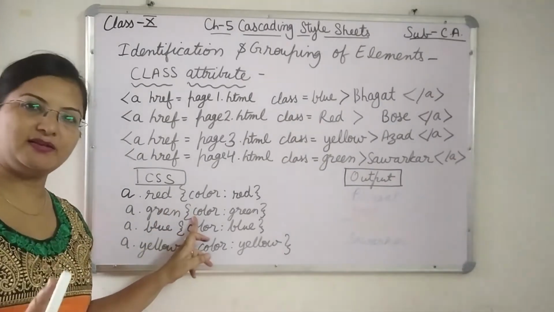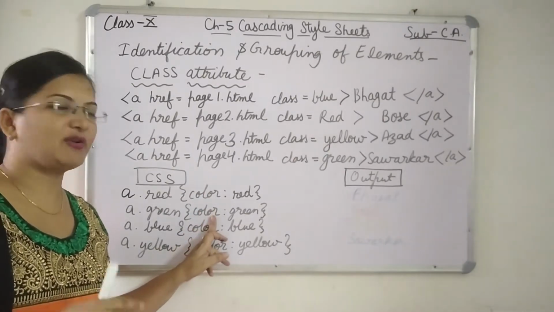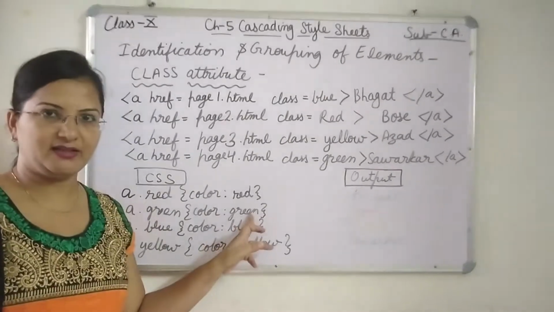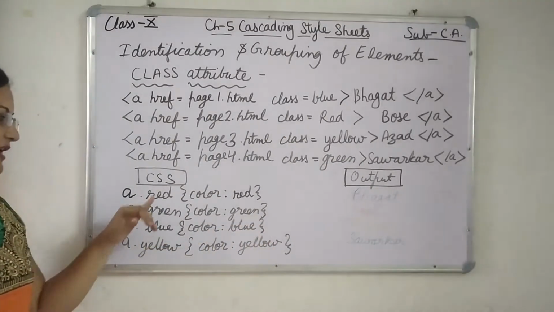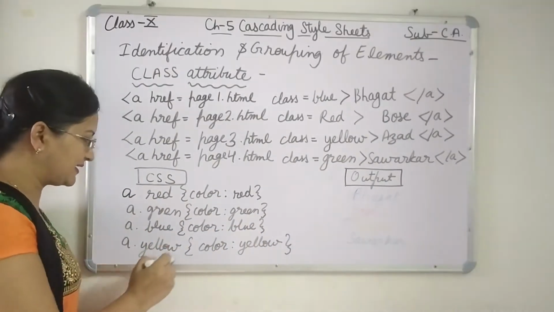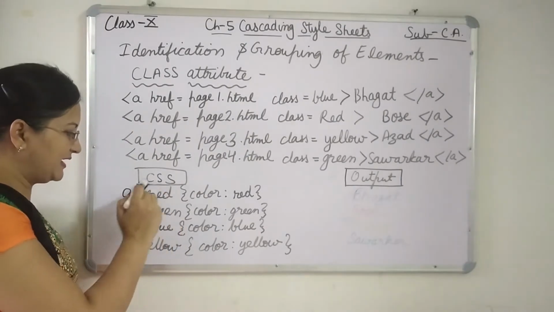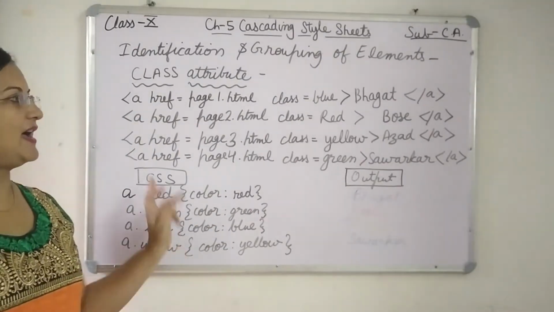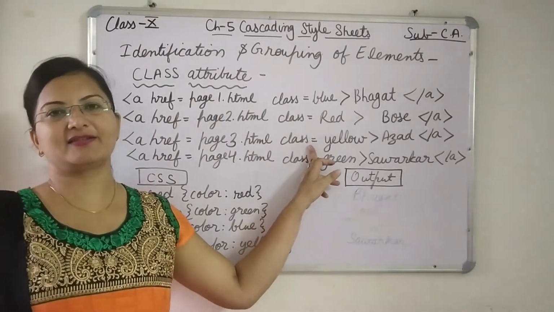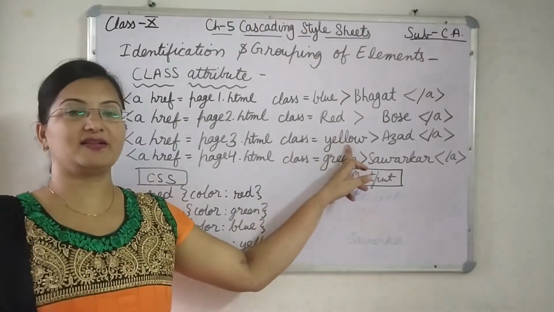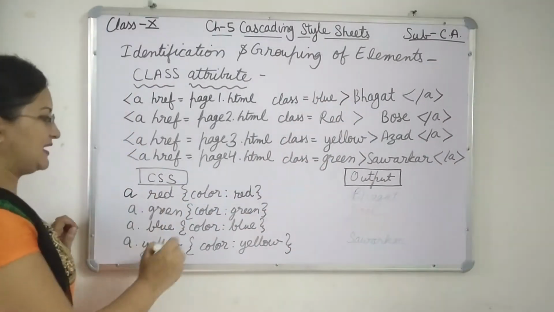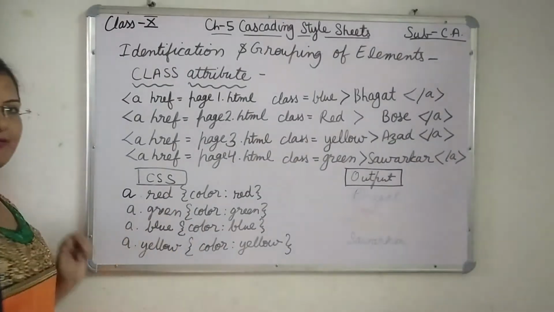Then we have to write curly brackets and then the property and its value. This is a property that you are already familiar with. I am teaching you the class concept today. This way we can add the class and the CSS for the class. And here we can add the class attribute and write the class name. These are all class names and these class names have these colors.